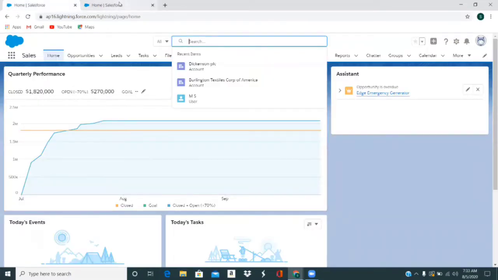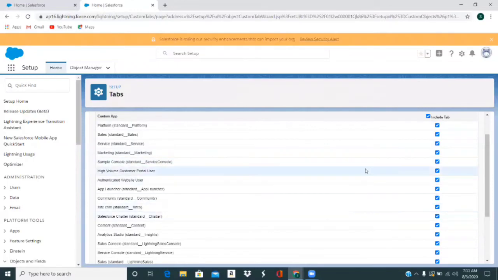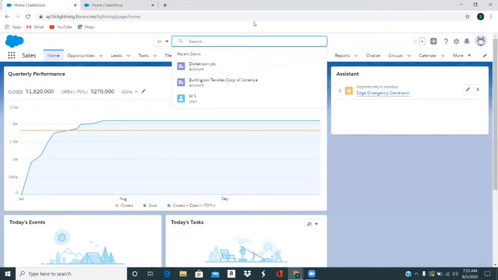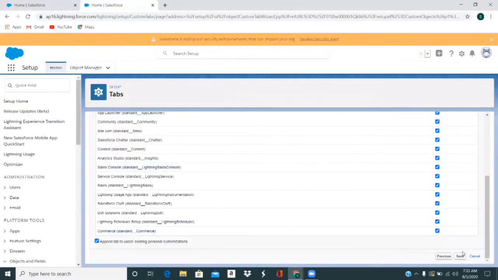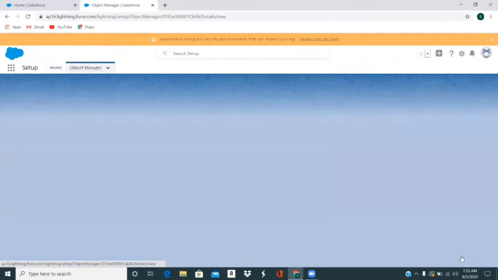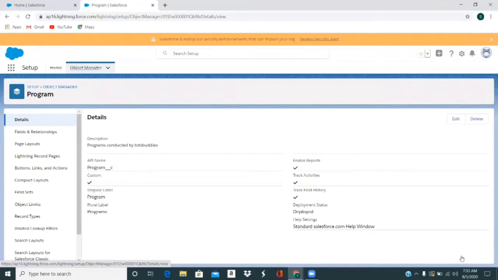Once I save this setting, if you go here and search from more, you can see the tab which we have created just now. So I'll just keep it by default as of now and click on save. So now we have the object created called program, and then we have a tab for that particular object as well.